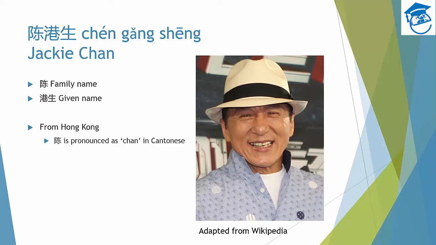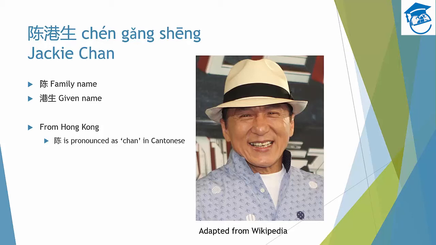Jackie Chan's Chinese name in Mandarin is Chen Gangsheng. Chen is his family name in Mandarin, but he is known as Jackie Chan because he gave himself